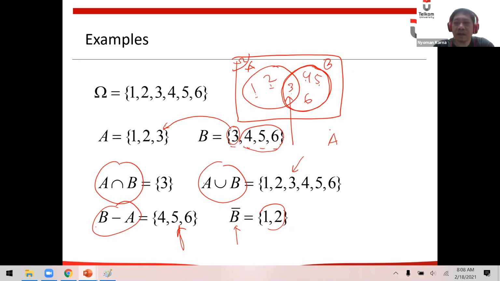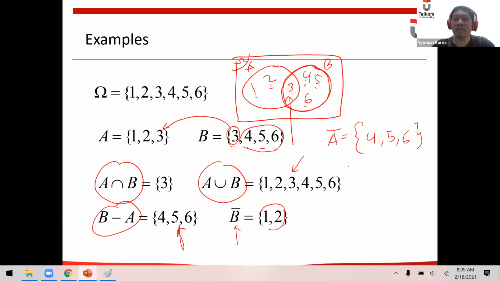What is the complement of A? It's the set of all elements that belong to not A. A is 1, 2, 3. Outside 1, 2, 3 is 4, 5, 6. So not A is 4, 5, 6.